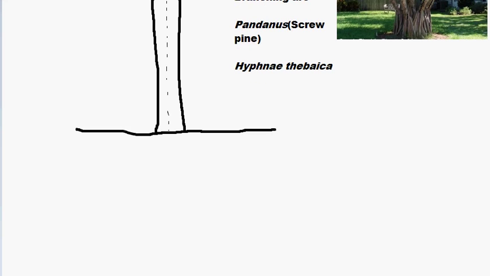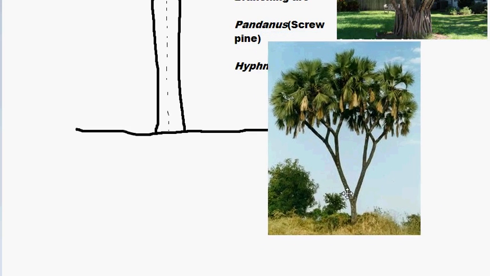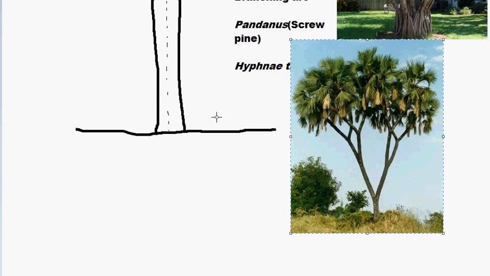Let me take it like that. You can see here it is clearly a dichotomous branching. How? This one is very clear, but you can see this branch is growing, and the parent axis becomes discontinuous, and this terminal bud divides into two and causes